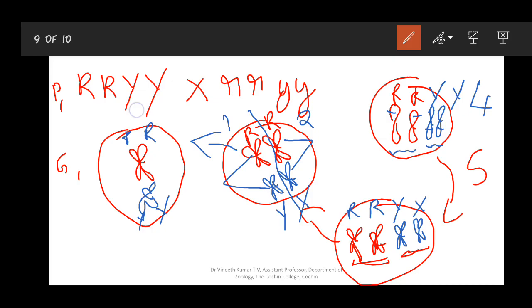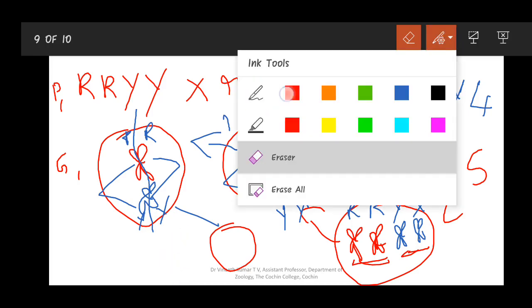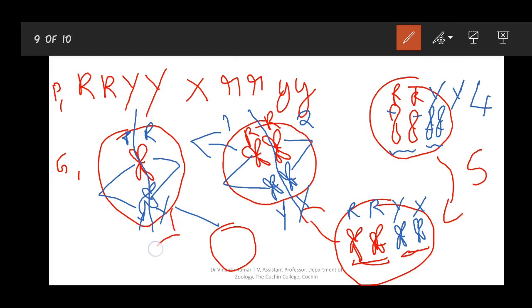So what happens here? The sister chromatids get separated and they move to the poles. As a result, you get 2 cells. Actually, you get 4 cells because I took only one of the cells here. I'm drawing only 2. Because the chromatids are separated into 2 cells, it will be like this. In such a manner, you will get the same pattern. You will get 4 cells.